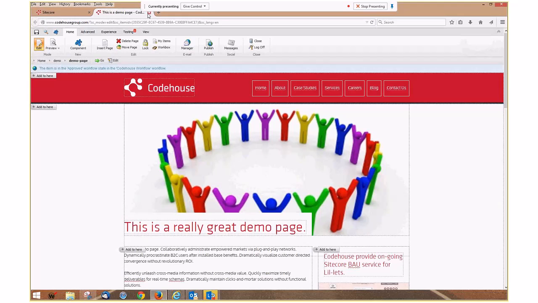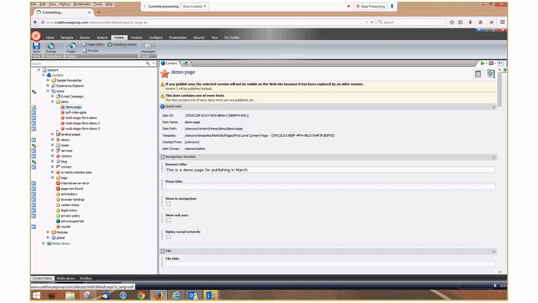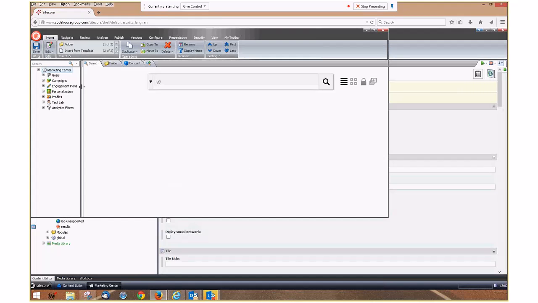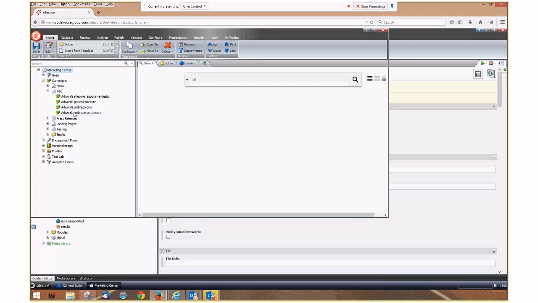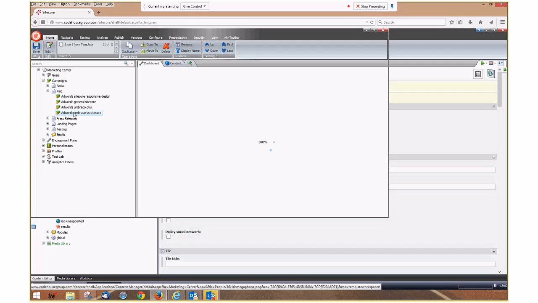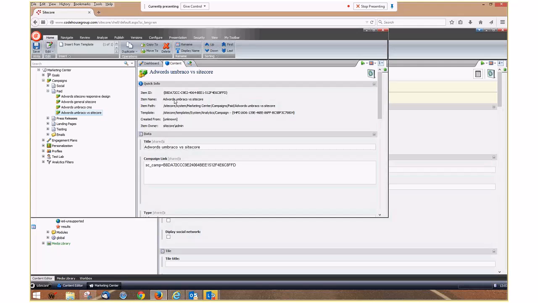So within the desktop, I have what's called the Marketing Center, which I'll open up. And it's here, the marketing team, not the developers. We still don't need the developers yet. We've assumed they've built the site for us. But the marketing team go in and say, well, okay, what we're going to do now is run a campaign. And a simple example of a campaign is we maybe have an AdWord for Umbraco versus Sitecore out on Google. So we create that in Google AdWords, and that has a URL pointing to a page on